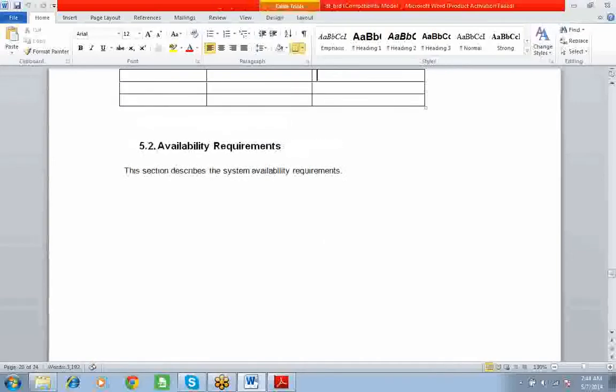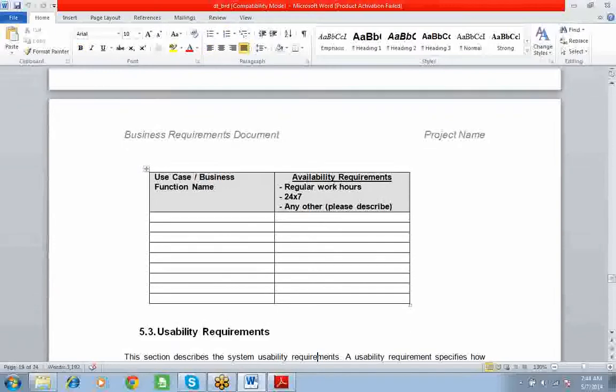I mean, which department, this all comes here. Availability requirements. Availability means, if you look into university websites, sometimes when there is a semester, when there is a spring, there will be an opening, like you will find a link saying that for new admissions, click on this link. After 2 months or after 1 month, you don't find that admission link, correct? Or if you click on that link, it says that it got expired. You please try after some time, or on the next semester again the link works, correct? I mean, you want to take an admission, right? So availability means at what time this application is available.